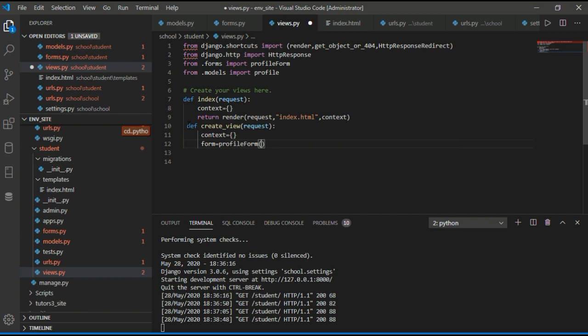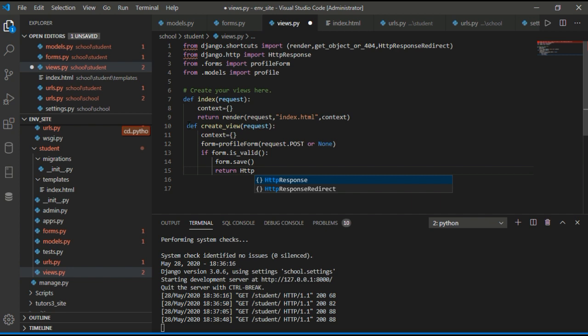Form is equal to profile form. We have created the class. And we have request dot post. This is capital, right? Or none, N capital. So this must be understood.